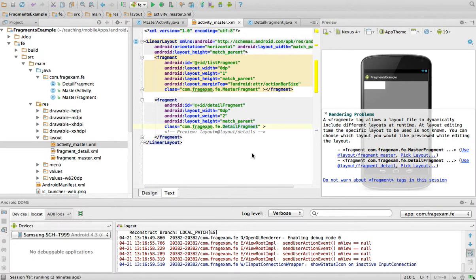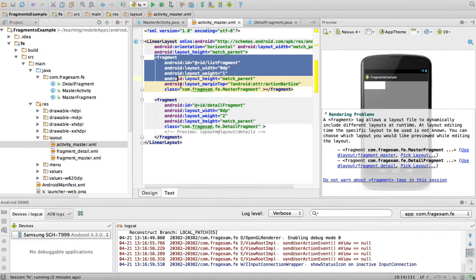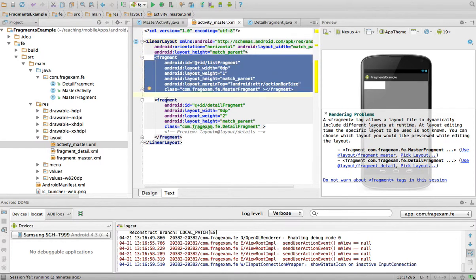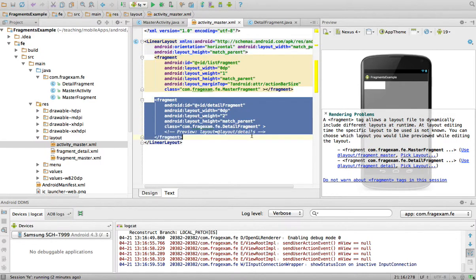So in the previous video we saw how to do an activity that had two fragments side by side, and this is the XML of that activity, which we call activity master. The layout was horizontal, so things would be side by side horizontally. We had one fragment with a button and then one fragment with a text field that was updating with a